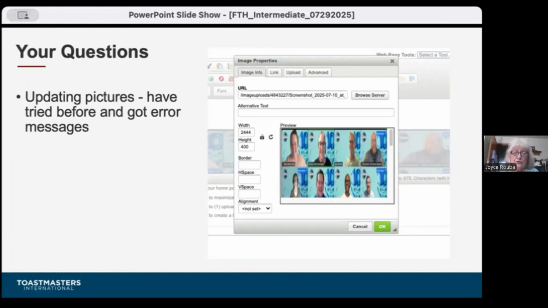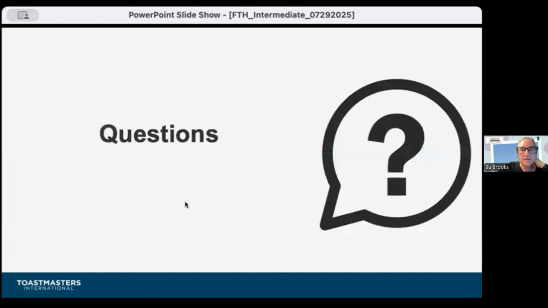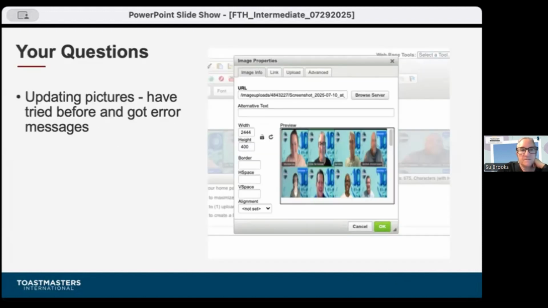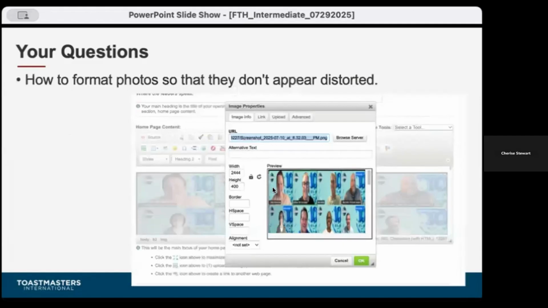And then from the server, you click on the picture to upload it to the homepage. Upload, browse server, and something else I learned that you might want to consider is, I'm going to go back a screen because of something you said. And can Joyce repeat what she just said? Because I think that was the issue I was having.